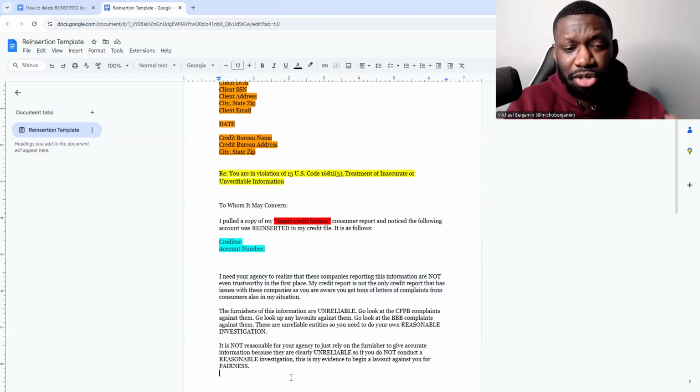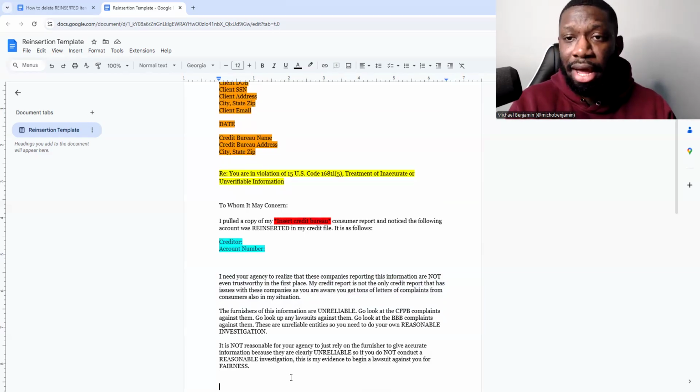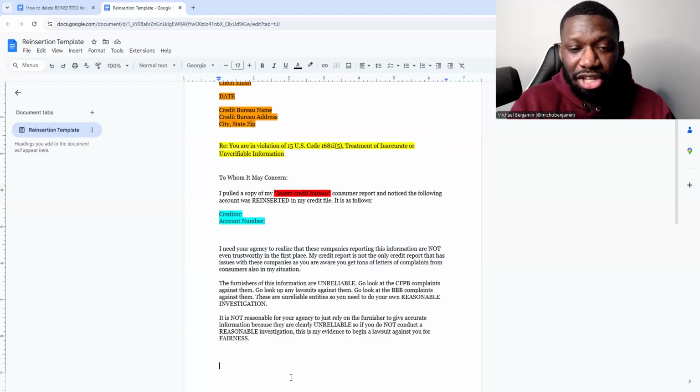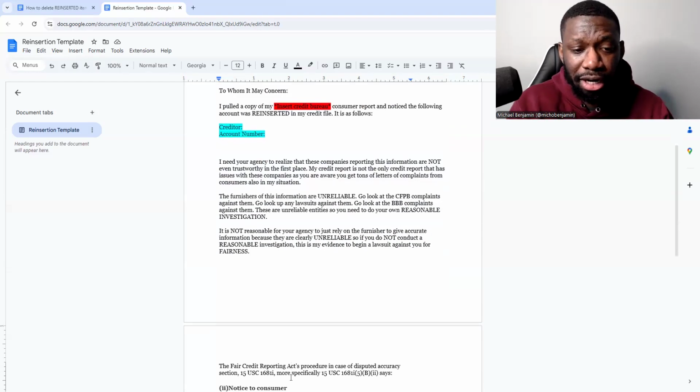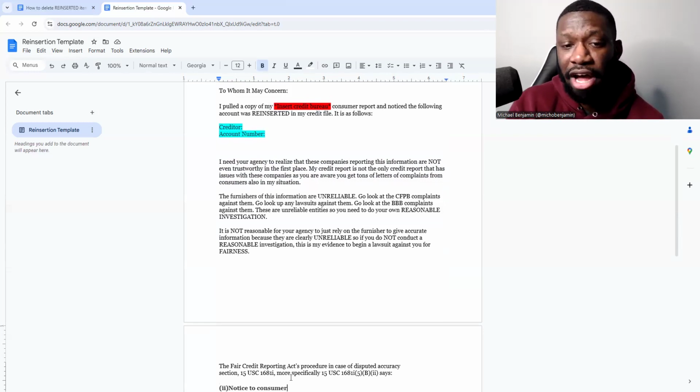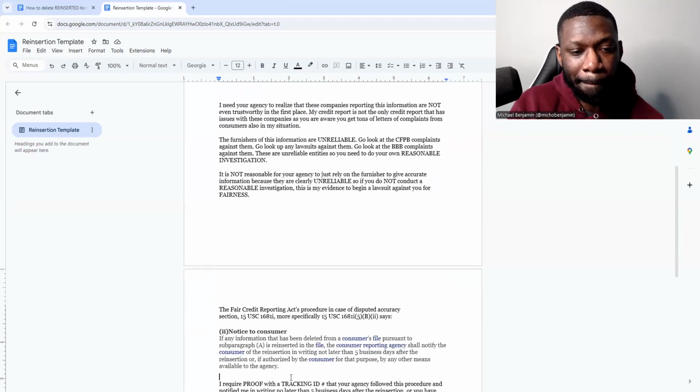So basically, I'm just framing and giving them context that they can't rely on what the creditor is telling them as far as reporting information. So I'm building up my case if we're going to go through litigation. So now I reference 15 USC 1681i(5)(B), right? So I talk about the notice to consumer. So you want to reference that,